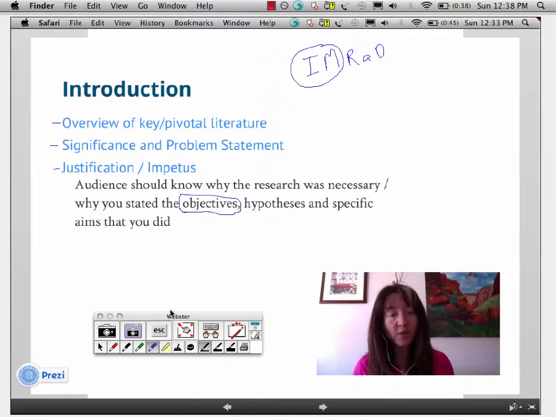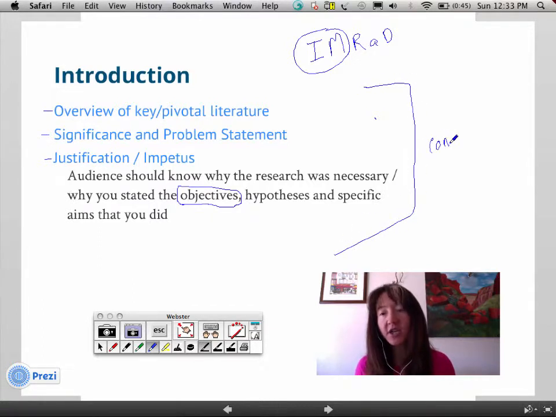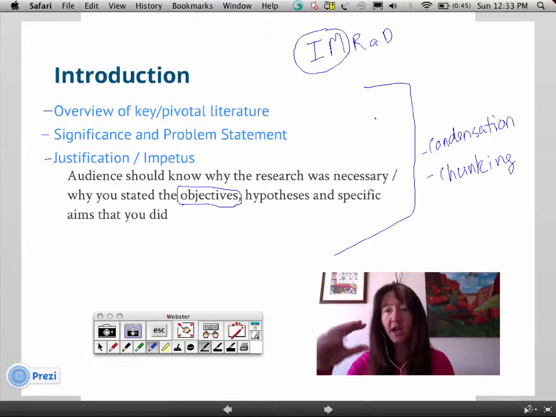Well, for one thing, right off the bat, it's important to remember that when doing a presentation, all of this has to be condensed. So condensation becomes an important part of presenting in an oral presentation. Condensation and chunking. Chunking is a technical term that actually quite literally means that you want to take like material and put it together in a chunked statement of text, so that you only have a little bit of text that relates to the same thing and that is very accessible to your reader.